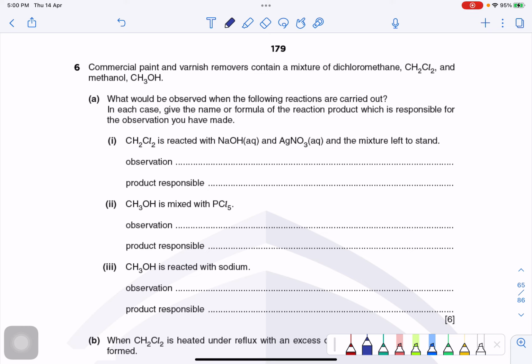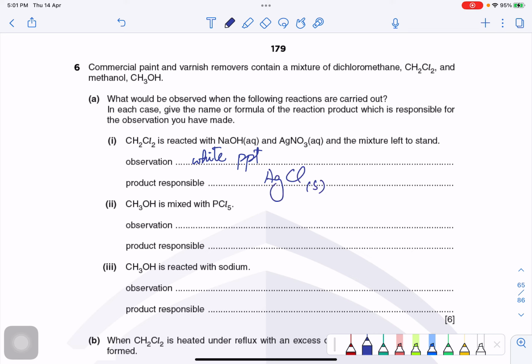Okay, what will be the observation when the following reactions are carried out in each case? Chloromethane is reacted with sodium hydroxide and silver nitrate, and the mixture left to stand. The important bit to remember here is chlorine, silver आ गया। Silver टेस्ट कर रहा है क्लोरीन को। हेलोजन के टेस्ट के लिए हम सिल्वर आयन यूज करते हैं। So with chlorine it forms AgCl. AgCl is white precipitate. That's what we'll get. This is not related to carbonyl as such, but maybe कोई part उसका हो।